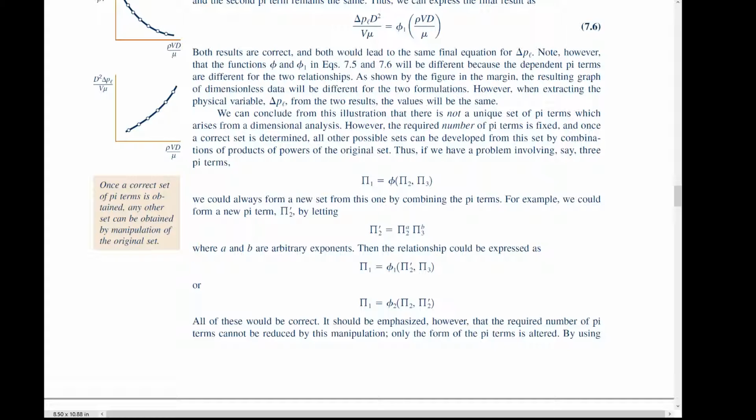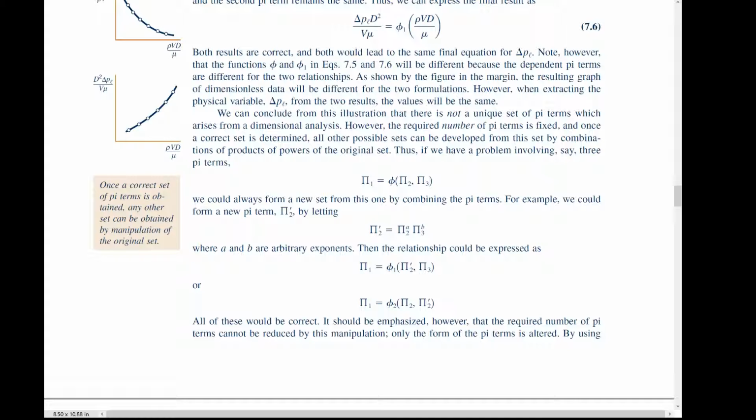For example, we could form a new pi term, pi prime 2, by letting pi prime 2 equal pi 2 to the a times pi 3 to the b, where a and b are arbitrary exponents. And the